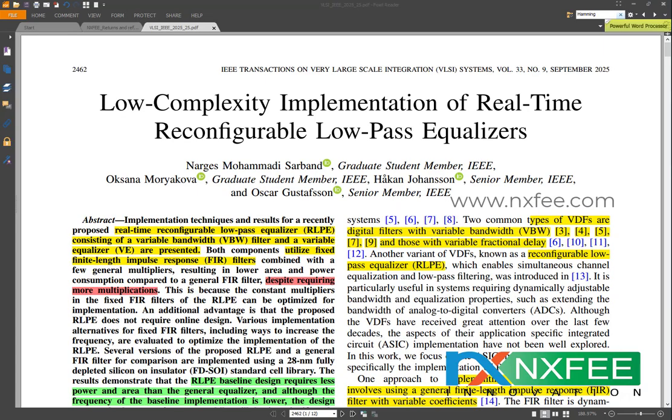Hi, here we are discussing a project on low complexity implementations of a real-time reconfigurable low-pass equalizer. Reconfigurable digital filters are widely used in modern signal processing systems because they allow filter characteristics such as bandwidth and response to be changed in real time without redesigning the entire filter. A reconfigurable low-pass equalizer is one such structure that combines low-pass filtering and equalization using a smaller number